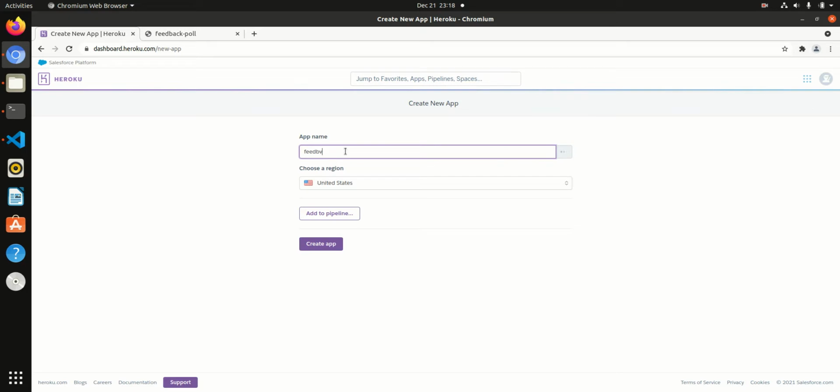We can call it anything really, that's not the issue. We'll call this feedback-poll-demo, leave things as is, and create the app here.